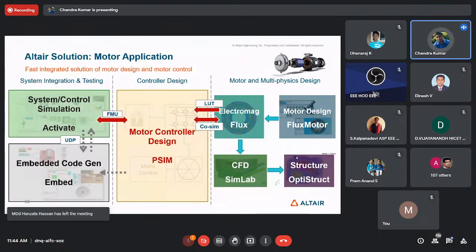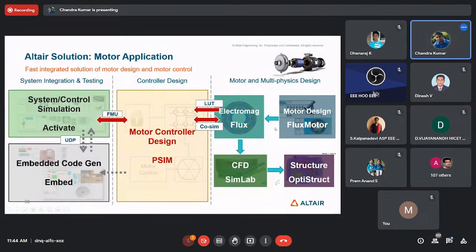You take only the motor. I'll give a project to you. For example, this is my spec for my vehicle: this is the maximum speed I want, the rated speed, and this is the torque, and this is my power rating. Based on this, you need to design the motor, which is efficient in terms of performance, cost, and weight. Before you prototype a motor, you need tools to design it. So here are the tools for you to design it. That is the first one.